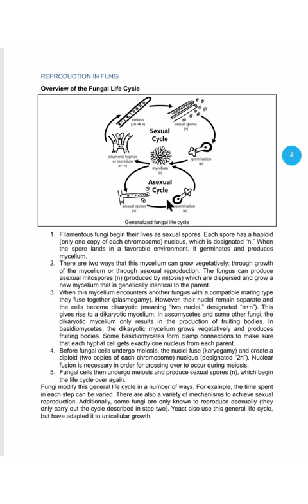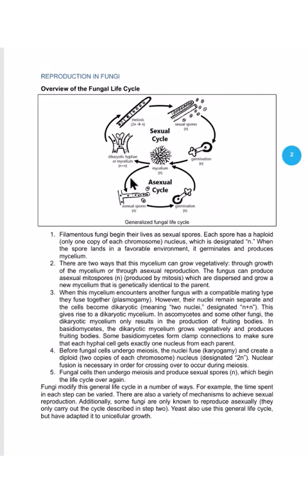The name comes from mitosis. So these spores then go on and germinate and continue to produce mycelium, and so the asexual cycle continues